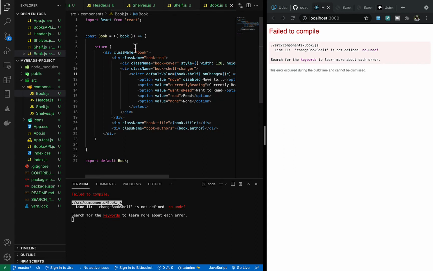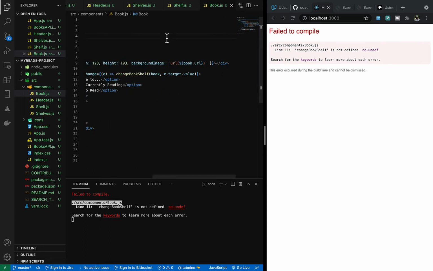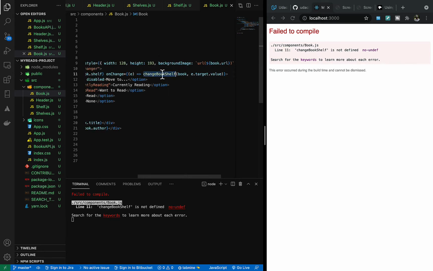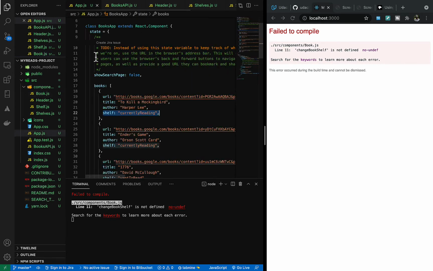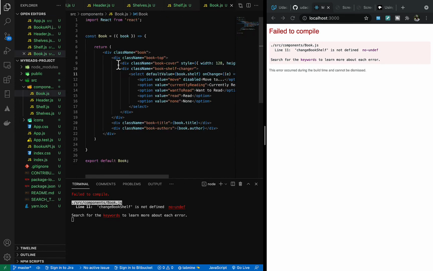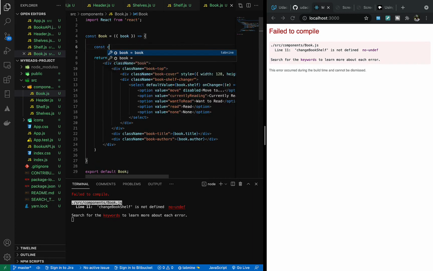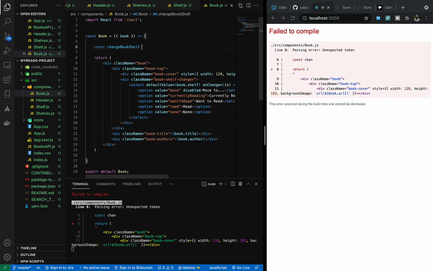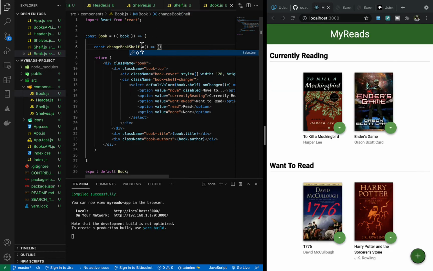Let me handle this real quick. It says changeBookshelf is not defined. Fine, we haven't defined this, so I'm going to change this real quick. Okay, hold on, I want to clear these errors. Let me remove this and define a constant changeBookshelf and just define a function for it real quick. Okay. Now,